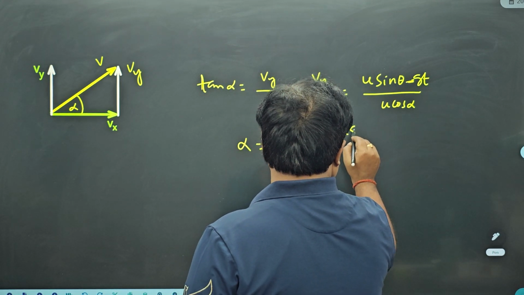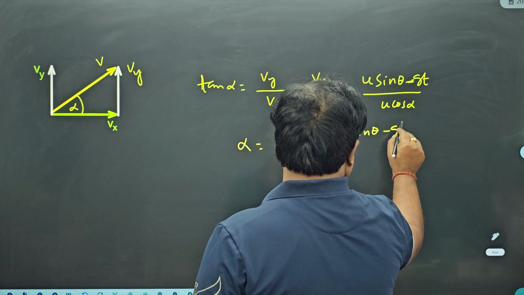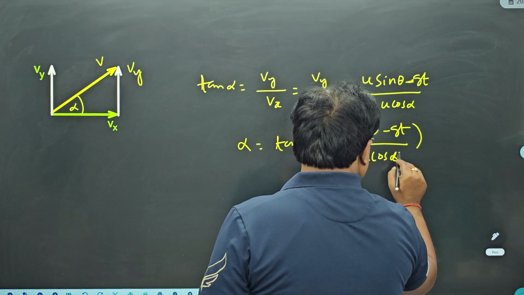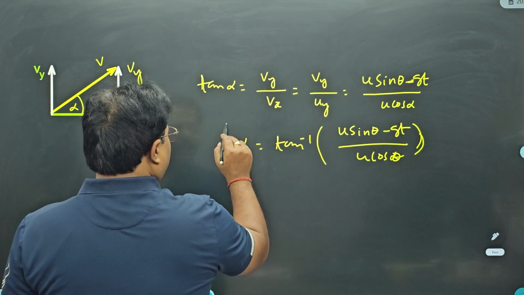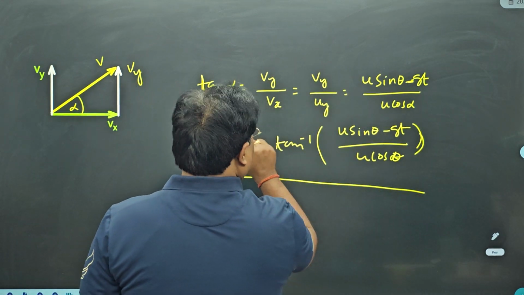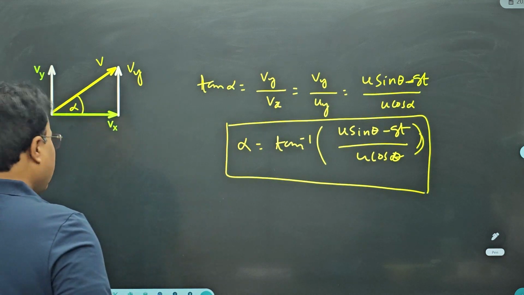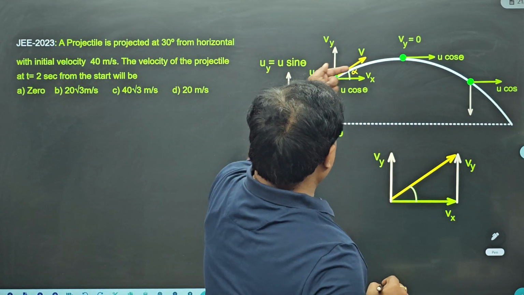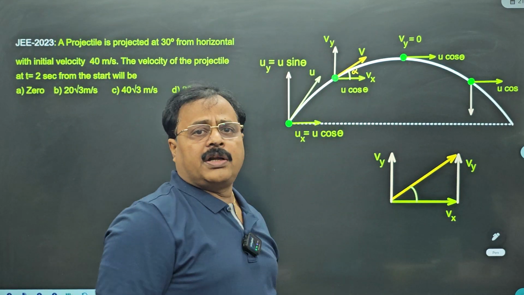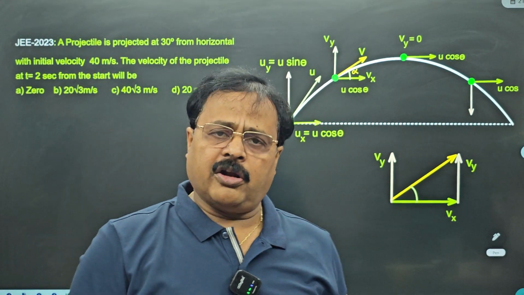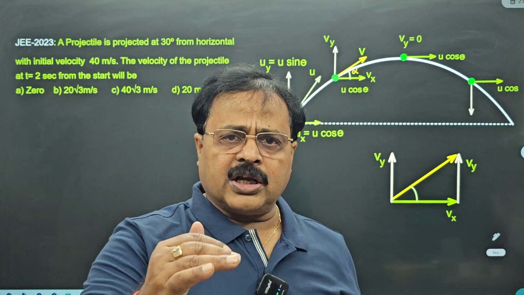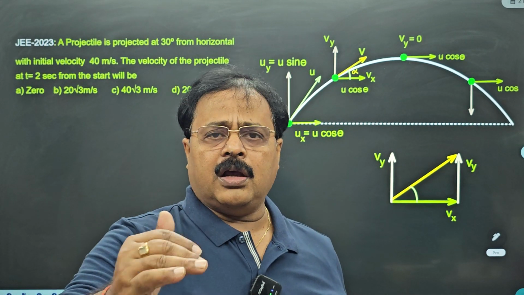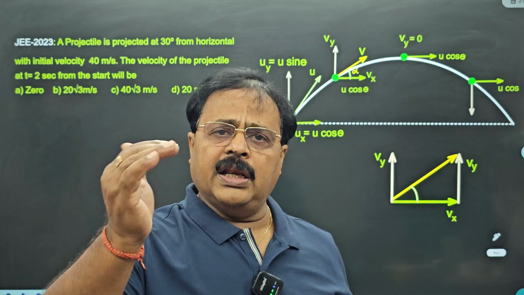Tan inverse of (u sin theta minus gt) by u cos theta. This is the angle made by the resultant velocity vector after time t in a projectile motion. What I mean to say, this angle is alpha, the angle the resultant velocity makes with horizontal. Okay, my dear students, so you have understood how to find the expression for velocity after time t in an